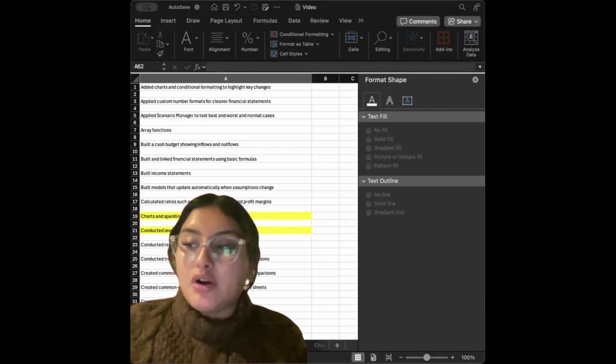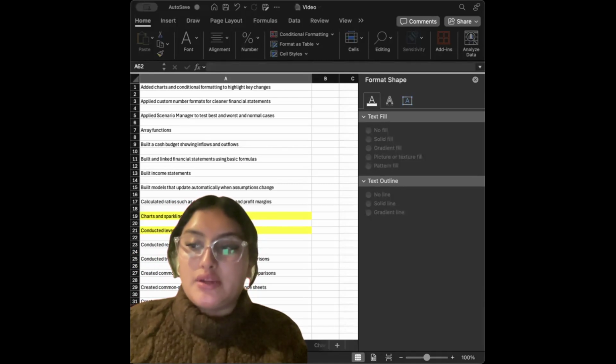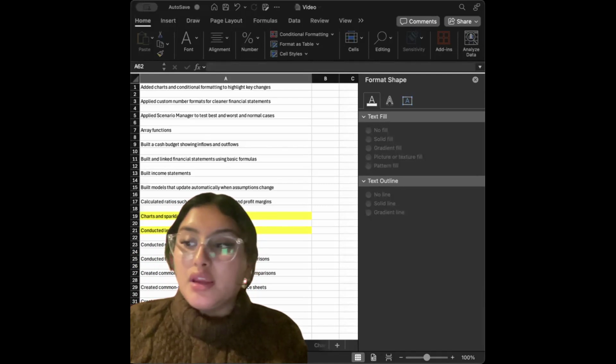Over the semester, I've created linked financial statements, used array and user-defined functions, built common-size statements, performed ratio and trend analysis, and applied models like the DuPont return on equity and the Z-score. I've also worked with tools such as Goal Seek, Scenario Manager, data tables, regression, and break-even analysis to evaluate financial performance